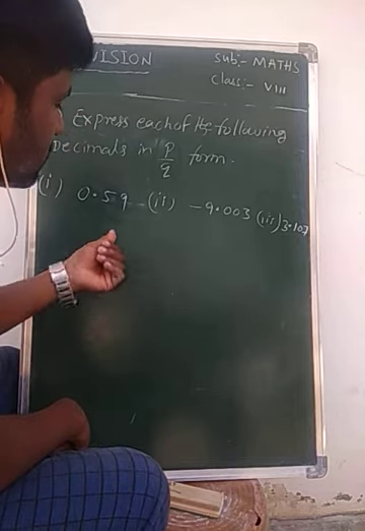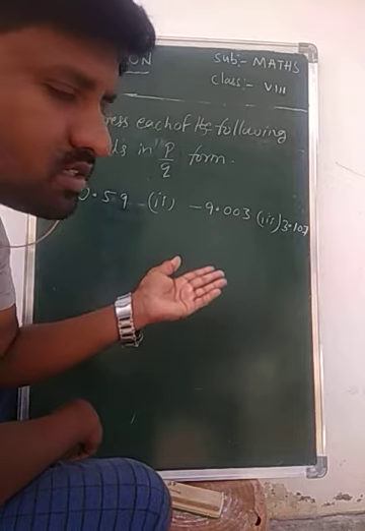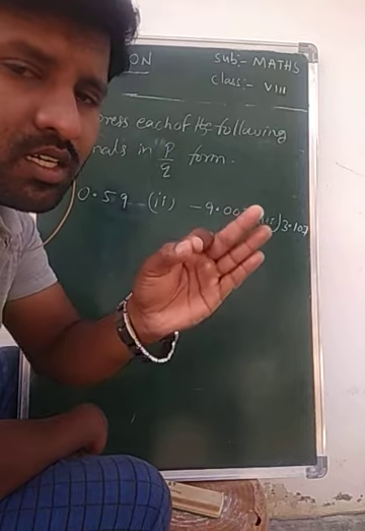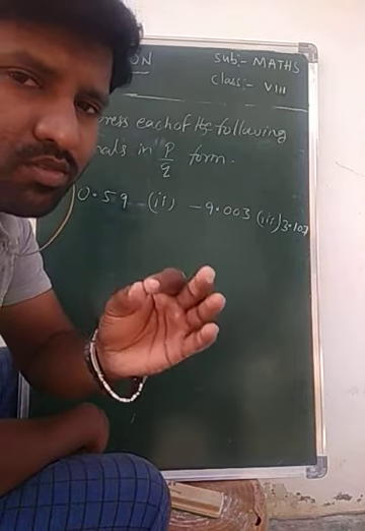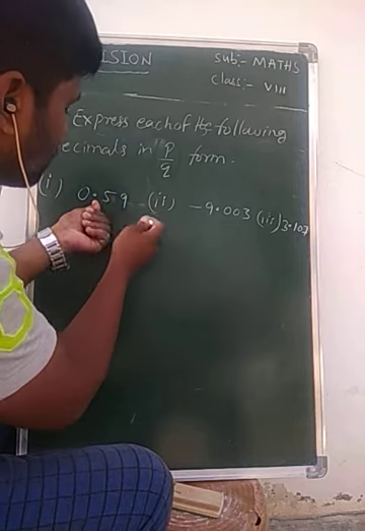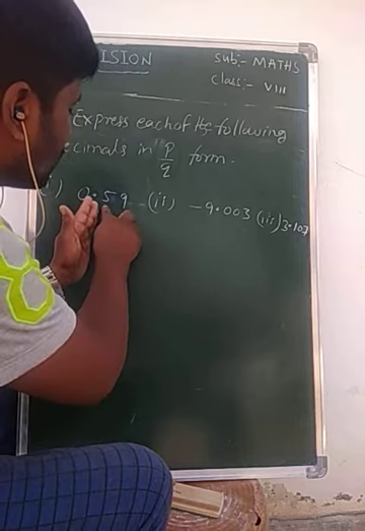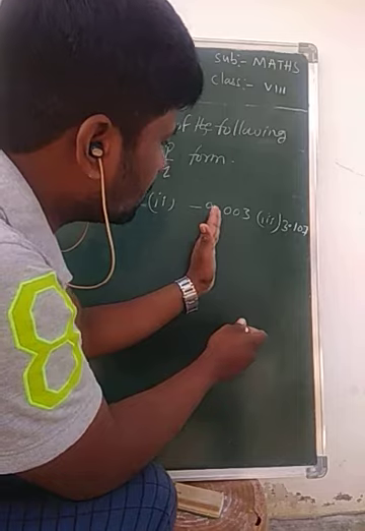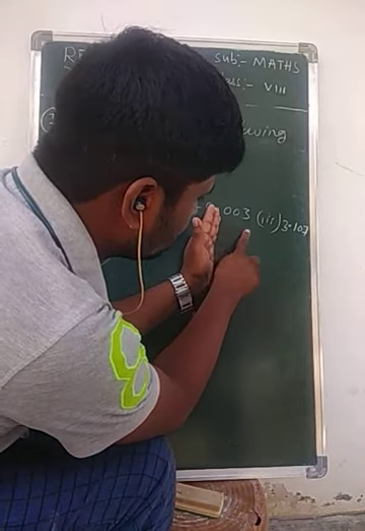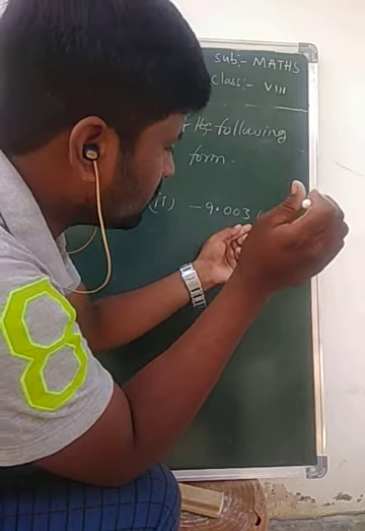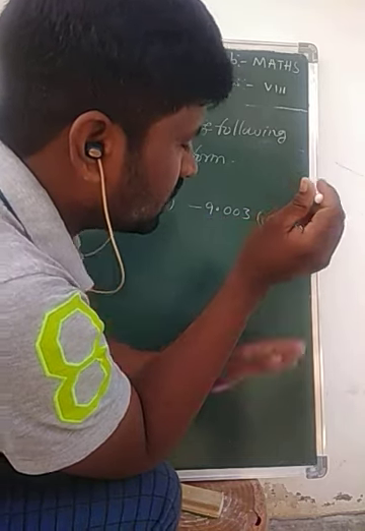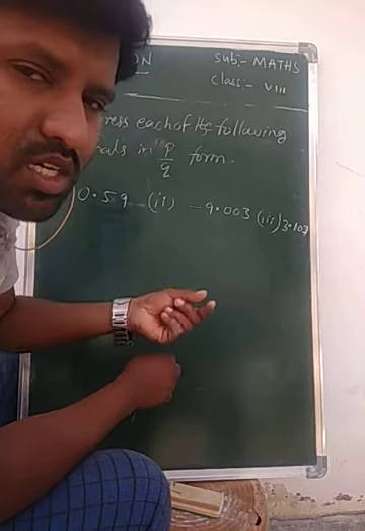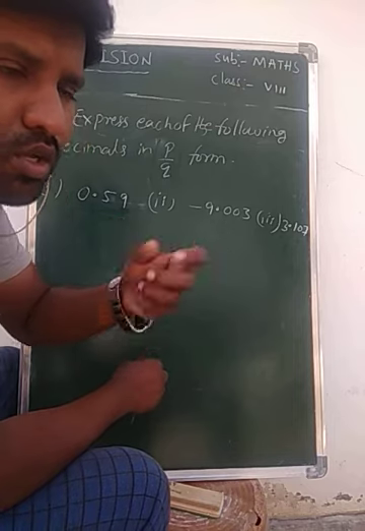Yes or no, my dears? Why are these terminating decimals? There are a finite number of digits in the decimal part. To the right side of the point, how many digits are there here? 2 digits. It's a finite number of digits in the decimal part. And for 003, a finite number of digits, 3 digits to the right side of the point. Okay? Now I am writing these, called terminating decimals, into p by q form.